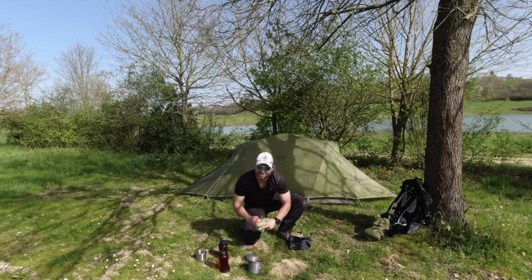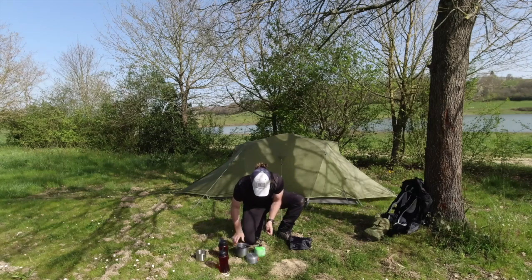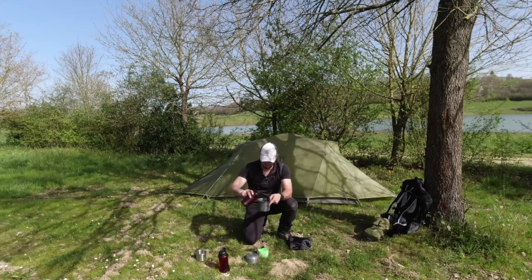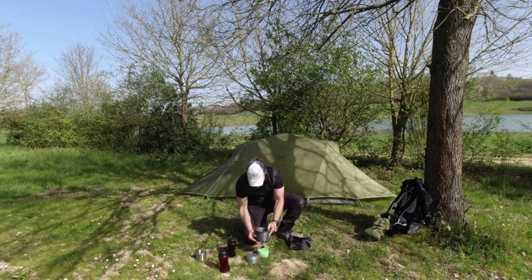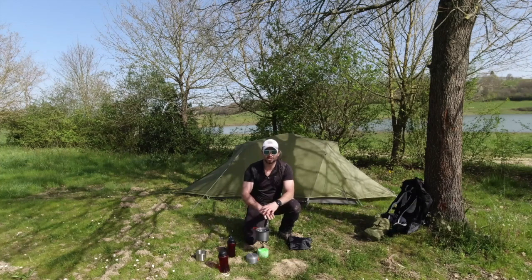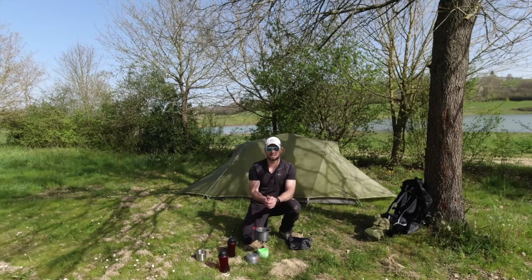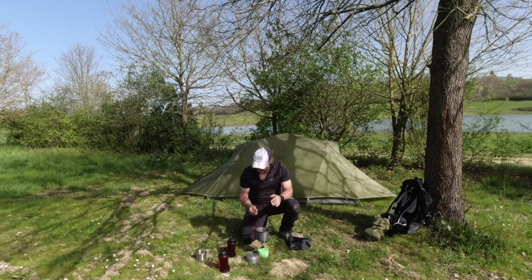Make sure you have a lighter. I always like to take 2 just in case, and then you put that nice and secure. Fill up your water on top, cook your meal. Make sure you let everything cool down afterwards so it's not going to melt anything, and then that is your